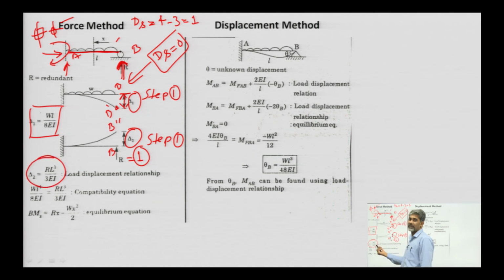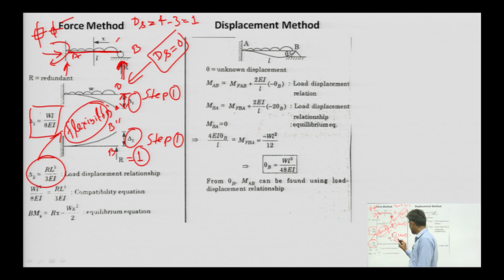Since this is determinate, we can calculate the deflection and everything else. The calculation for deflection has a certain procedure, and by adopting that procedure we can calculate it. This deflection is called flexibility, because we are applying a unit load, replacing R by 1. So it is L cube by 3 I, which is the flexibility coefficient.